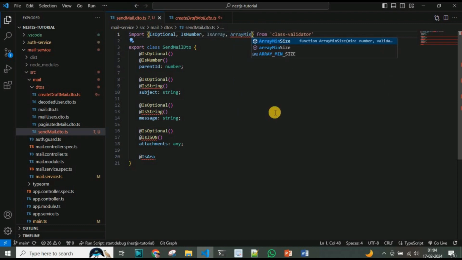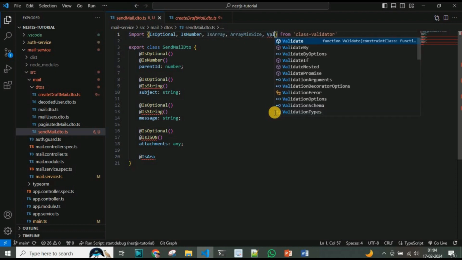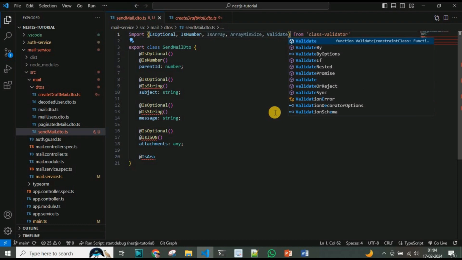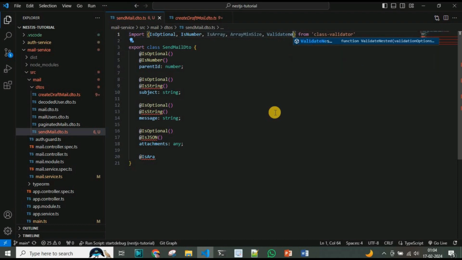There should be one receivers, and I will take the validate each, or the validate nested